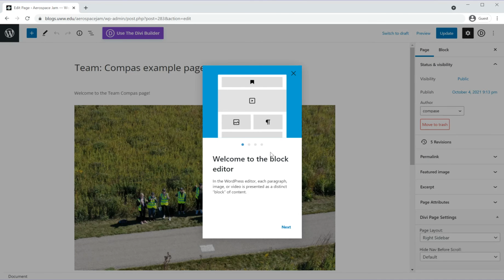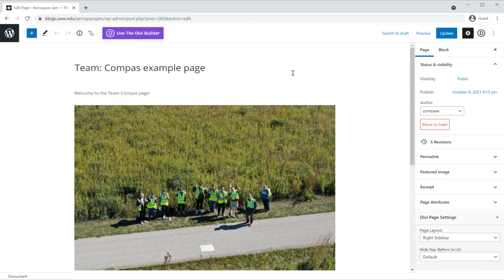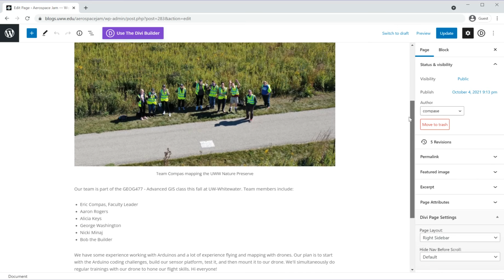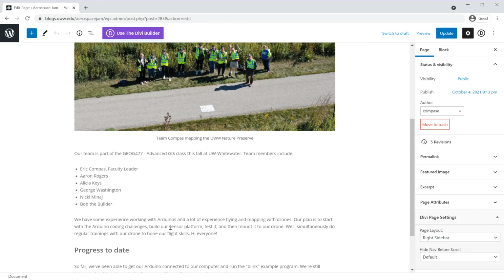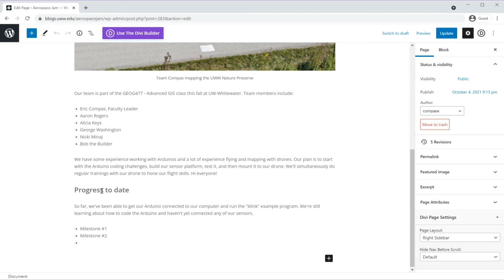You'll get a little bit of instruction here about how to use the block editor within WordPress that I would follow, or you can go ahead and close that. I've put together some things that are close to what we hope that you put on your page. You've got some photographs, again, maintaining any policies that your school has about photos of students, a list of who's on your team, a little bit about your background. You may have some updates or progress to date as we go throughout the competition year. And so you can kind of let everyone know where you're at